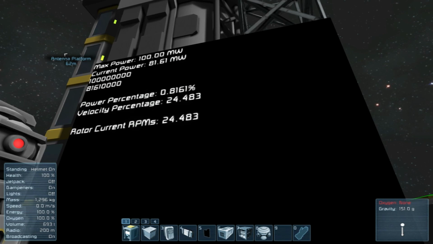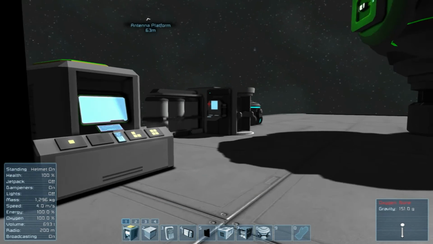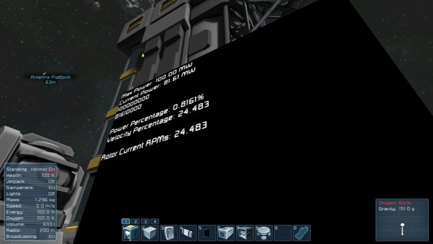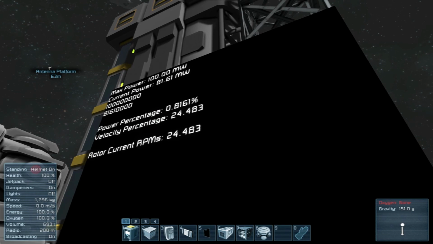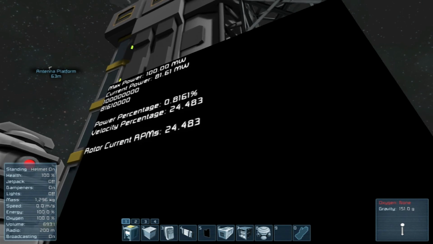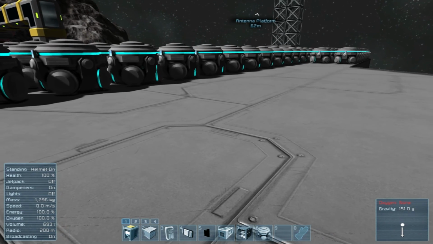The power percentage is just multiplying it by 100. I could actually fix that. Now I'm not going to do it. It would be fine because it's 81%, so it would be perfectly fine. The velocity percentage would be kind of another ball game. I would have to multiply it by some other value to get it to 100%. But actually, you would have to multiply... Anyways, that's irrelevant.